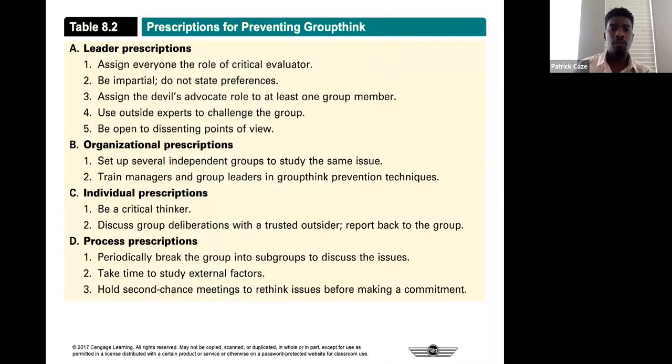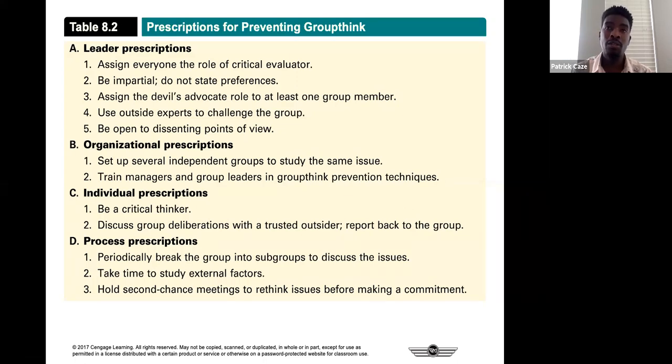All right. So some ways to prevent groupthink. All right. The leader definitely needs to be impartial, right? Leader needs to be objective, and not be so stuck on what they think is right prior to listening to other people's views, especially if we're getting input from an expert, right? So you want to listen to those experts as much as you can. Some leaders are not like that. Some leaders are very much, hey, I know everything, whatever I say goes. And they could very well know everything in a certain vein, but they don't know everything in the world.